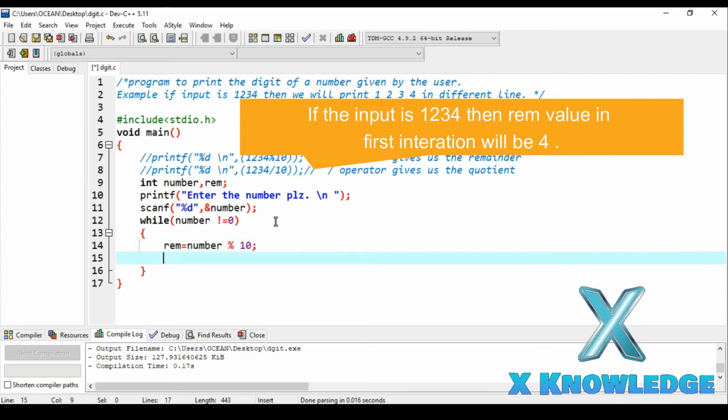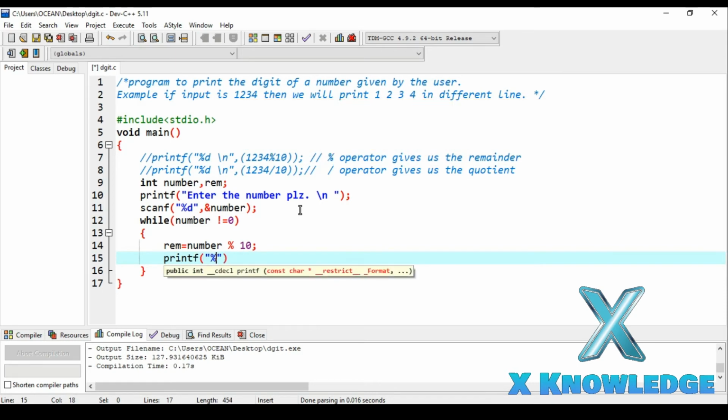Okay, and we will print this digit, that is the 4, on the output screen. So we will use the printf function of the stdio.h library to print this. And we will print these numbers on different lines. For printing the number on a different line, we will use \n, which is a special character. What this will do is that after printing this digit, that is the rem value, on the output screen, the cursor will move to the next line,